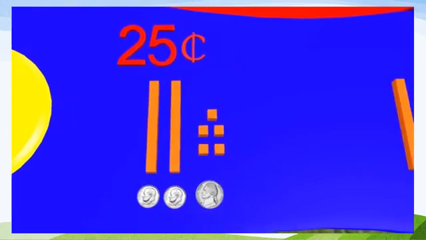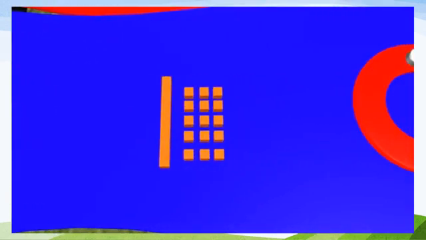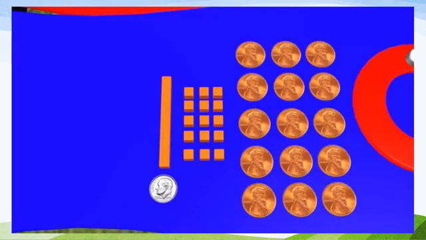Great job, guys! The next group we are looking at has 1 tens block and 15 ones. So we could represent the tens block with a dime, and the 15 ones could all be pennies. Adding the dime and 15 pennies gives us 25 cents. There are many ways to do this, and we just looked at 2, but you can do so many more